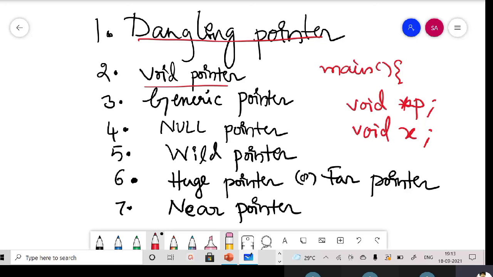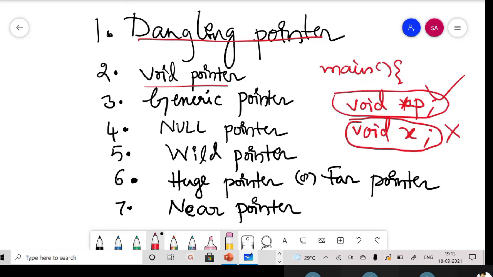Can we have a variable of void type? Obviously, this is not valid, ma. No, sir. You can't have a variable of a void type, but you can declare a pointer of a void type. This is valid, but this is invalid.